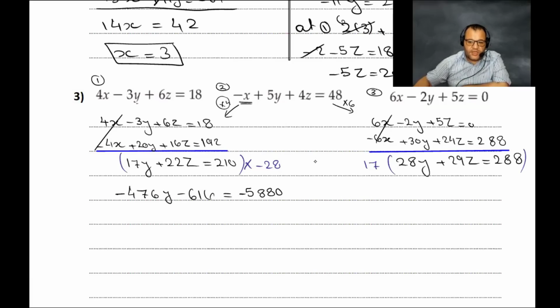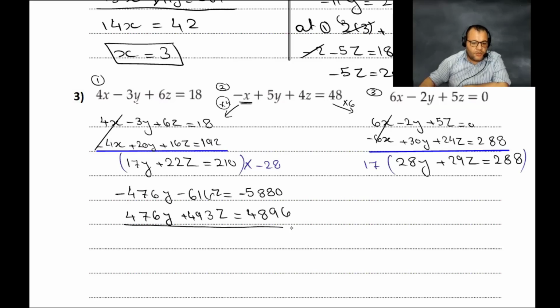Multiply the second equation, so it will be 476y plus 17 times 29, which is 493z equals 17 times 288, which is 4896. So now by adding, negative 616 plus 493, negative 123z